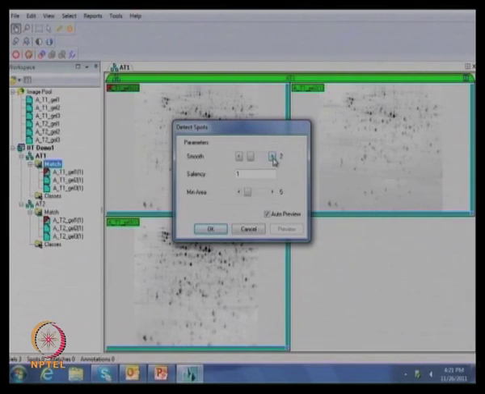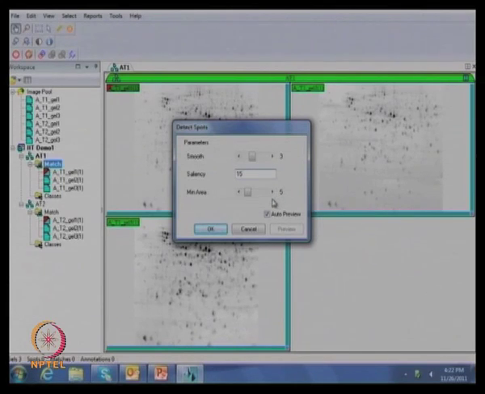The average value is from 1 to 5, but one can set 2 to 3. This value is sufficient to start. And saliency, one can set up to 100, 150, but a very good value to start is almost 15 to 30. I am just giving 15 for this initially. Then for minimum area, 5 is quite good enough.